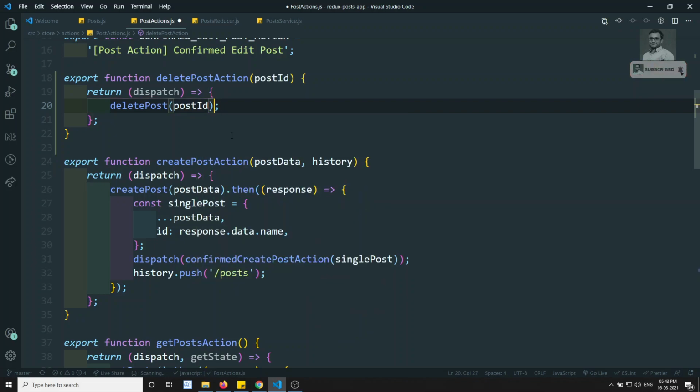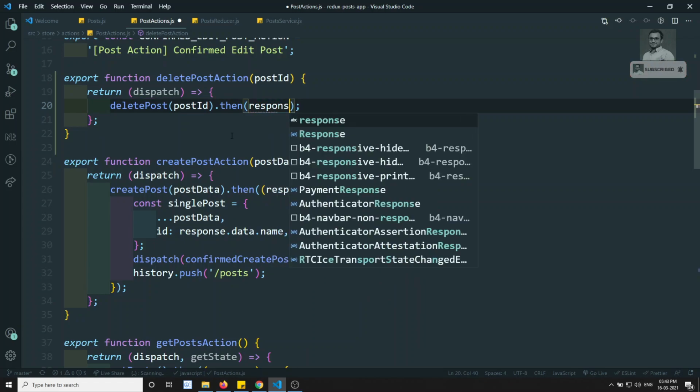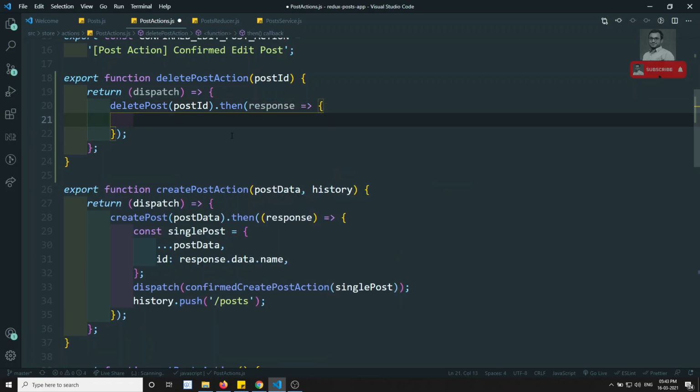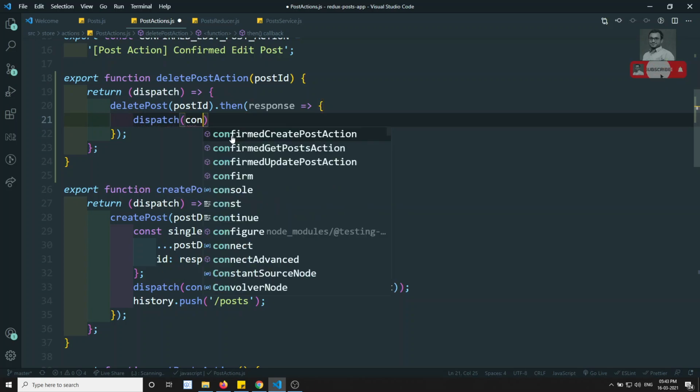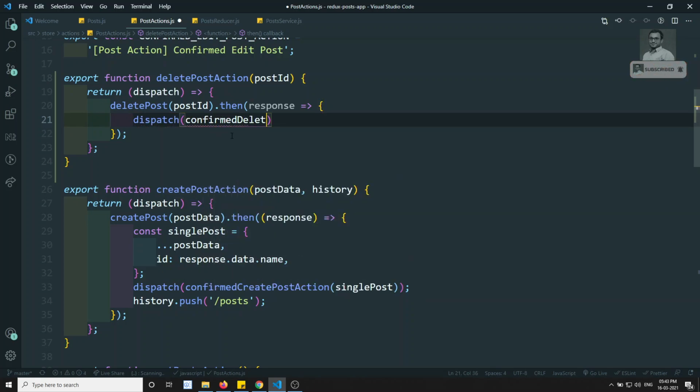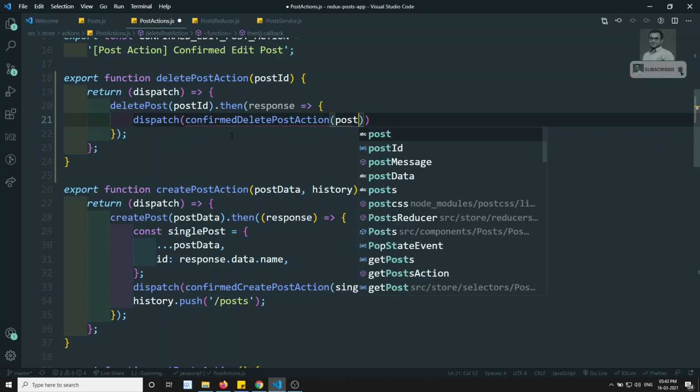This one is a promise, and we will get the response. And in this response we need to dispatch the confirmedDeletePostAction. This is the method we need to call with the post id inside this one.